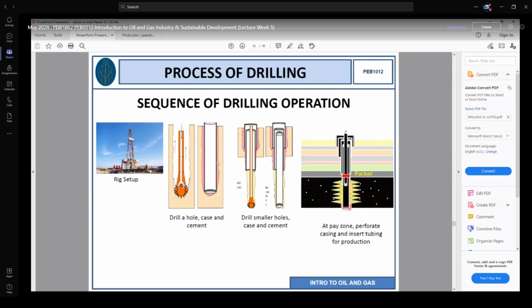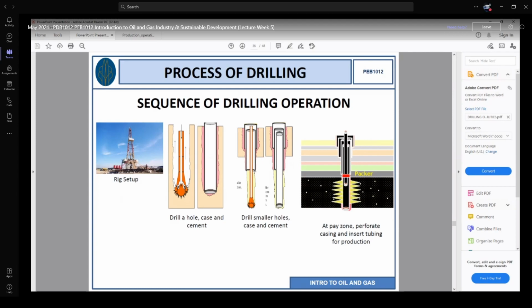This gap is going to be filled with cement. We put the cement from the surface, it goes all the way down and into the annulus, and it will make a bond between this casing and the borehole. Then one section is done, right? The next is we have to drill a smaller hole. Here you can see, a smaller hole we need to drill, then run the casing inside the section and cement it.